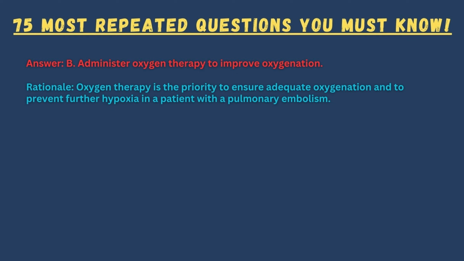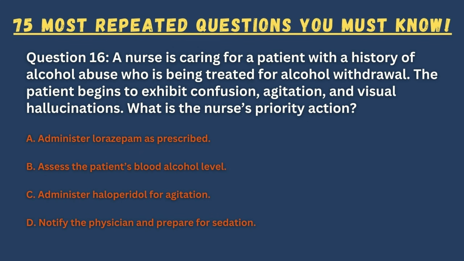Answer: B. Administer oxygen therapy to improve oxygenation. Rationale: oxygen therapy is the priority to ensure adequate oxygenation and to prevent further hypoxia in a patient with a pulmonary embolism. Question 16. A nurse is caring for a patient with a history of alcohol abuse who is being